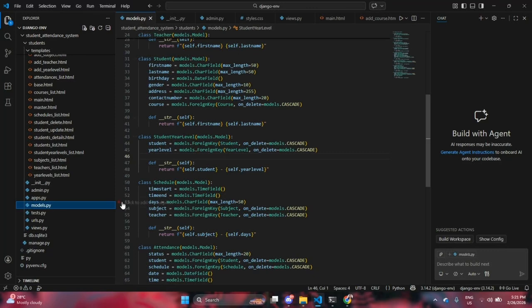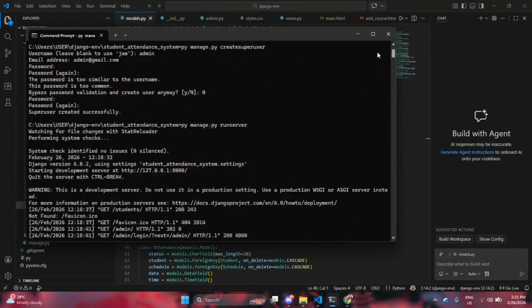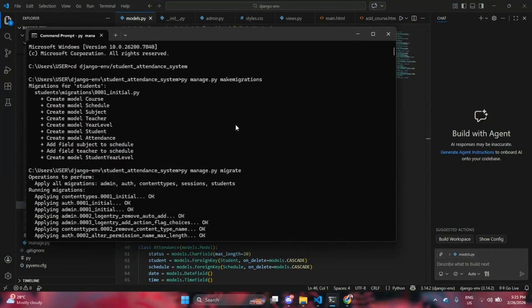Then after that, I run the migration to create the models.